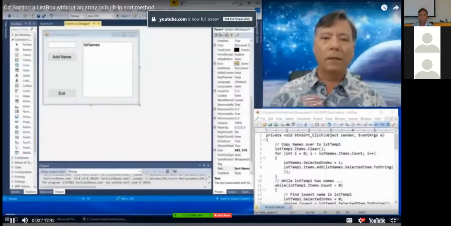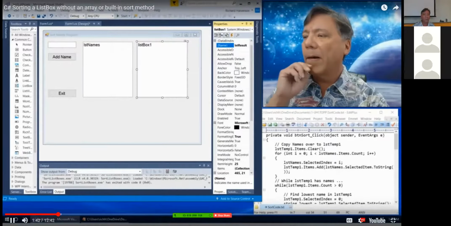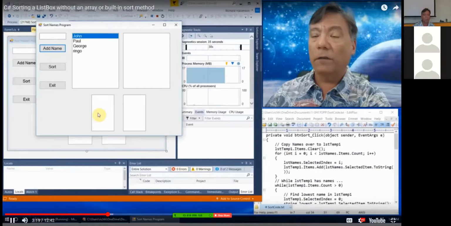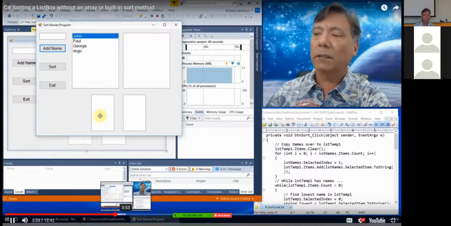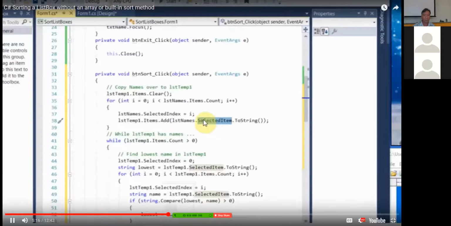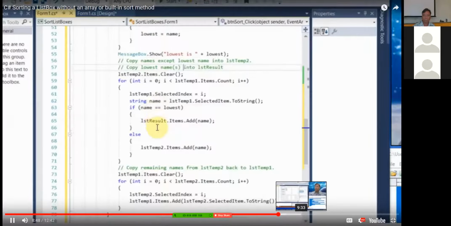Aloha. In this video, I'm going to show you how you can sort the items in a list. Temp 1. If it's the lowest name, class, done, we see how it works. This will be the index of that in the temporary list box. Regular list box, the remaining names added to the